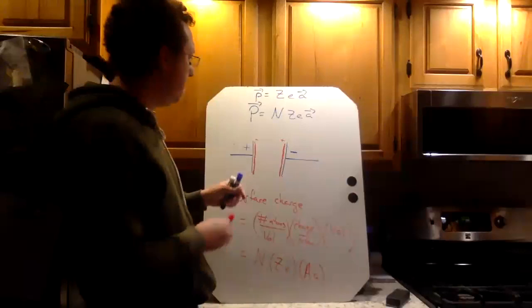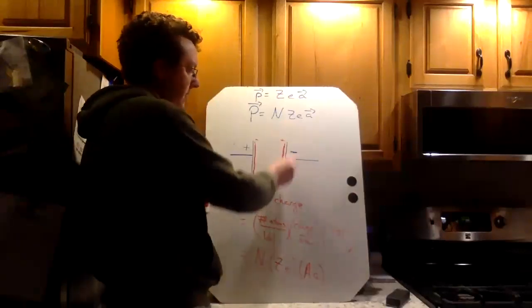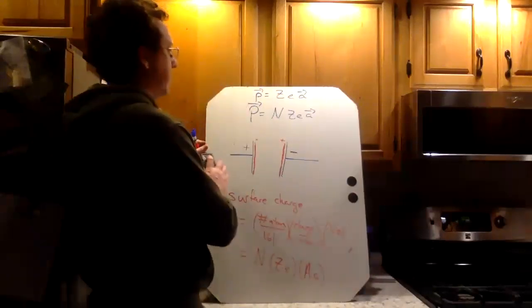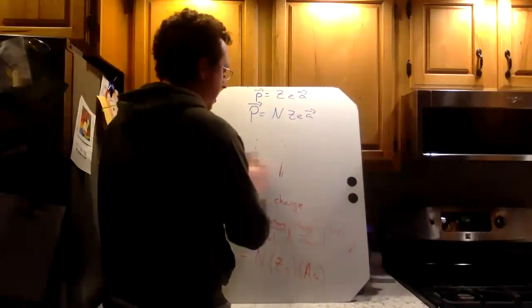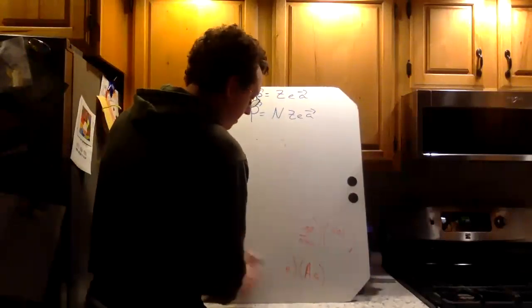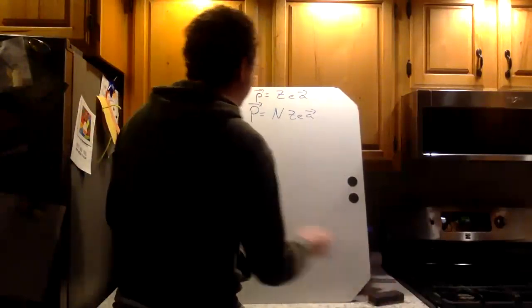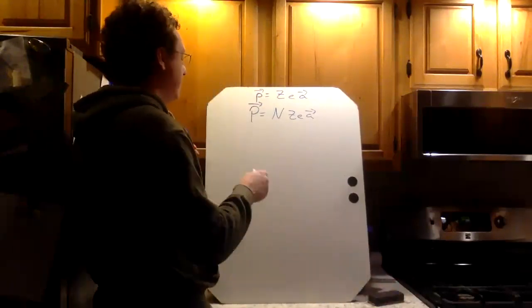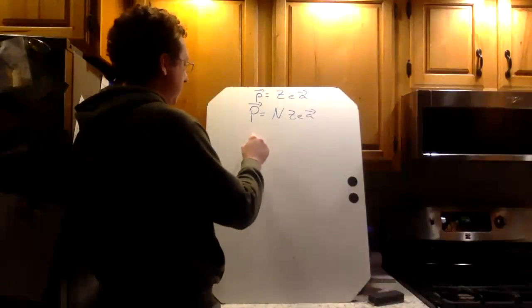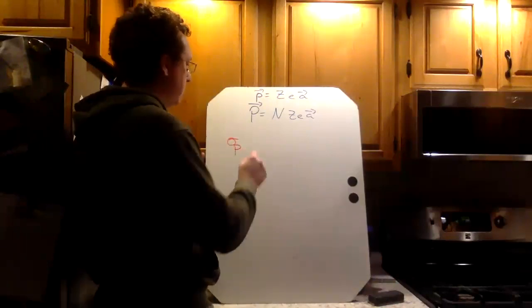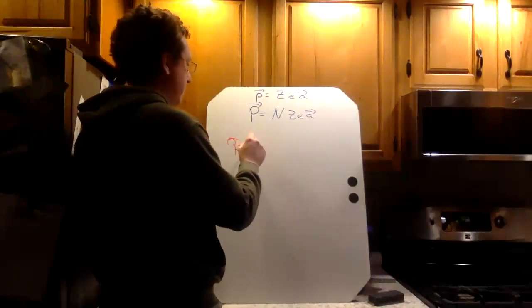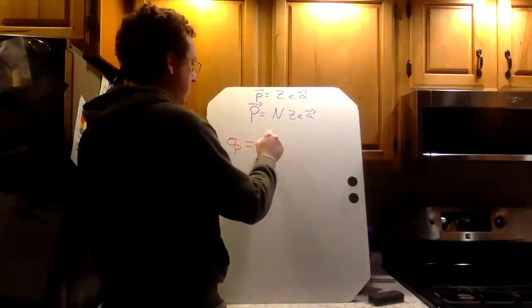Okay, so that should be the amount of surface charge that develops along the surface of the capacitor. And rather than talking about surface charge, we usually talk about surface charge density. So I want to divide that by area. So that would give me sigma, the polarization surface charge density, which would be the surface charge